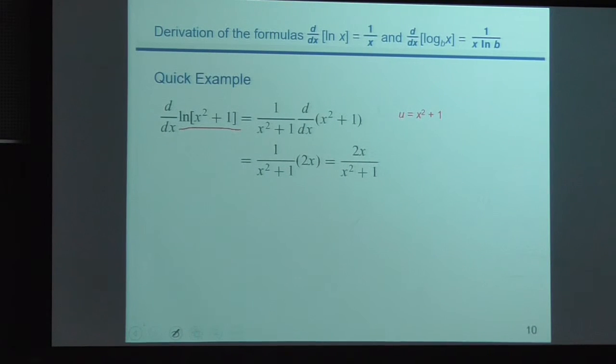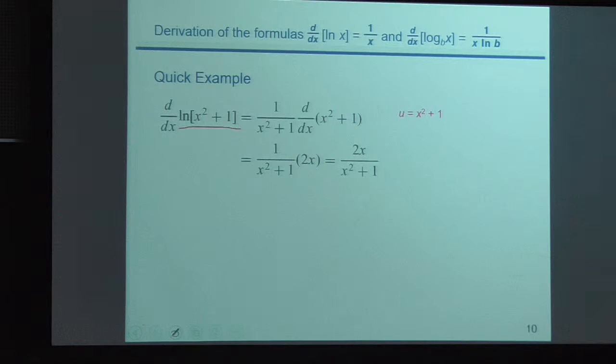Of x squared plus 1. So the inside function is what? X squared plus 1, and the outside is doing ln of that. Okay, so we do have an inside function and an outside function, right? So we could use the chain rule,